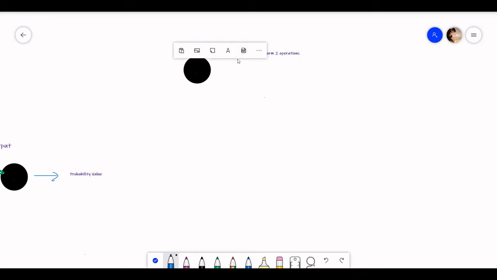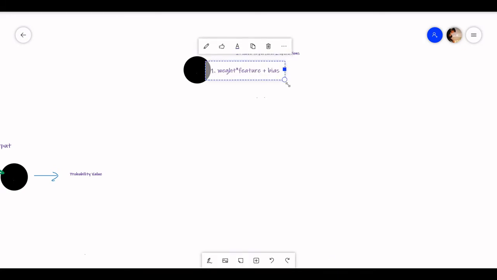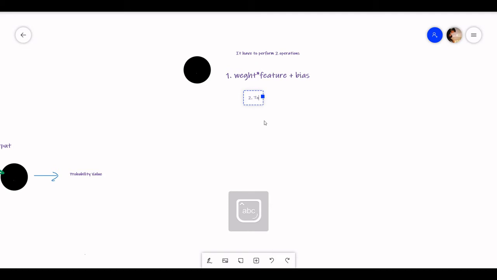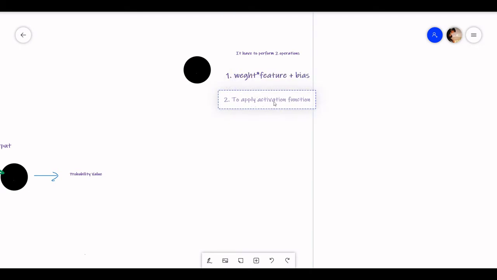One operation is that our weight is multiplied with our feature value plus bias. And our second operation is to apply an activation function. Our activation function will decide which neuron has to be activated or not.